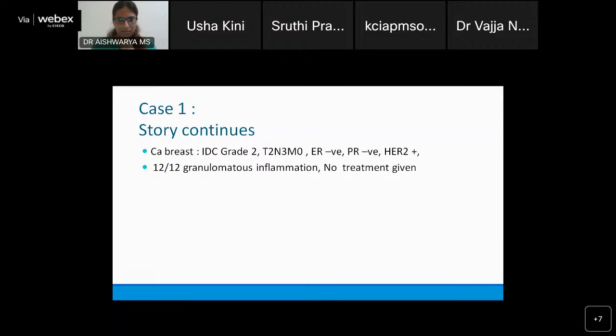And mind you, this patient had not been started on any treatment. She preferred this rather than go on to NACT. Now, as we had these issues, all 12 granulomatous lymph nodes were AFB negative. And we did pan-CK. Do you know why we did pan-CK? Ma'am, CK can be done for any epithelial tumors, spindle cell. Why in this case?